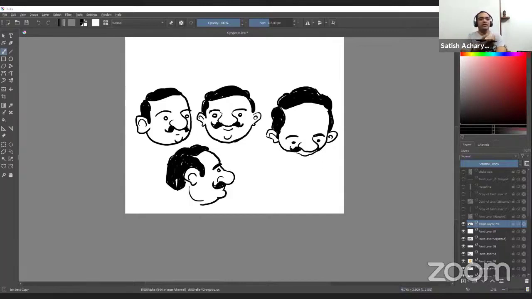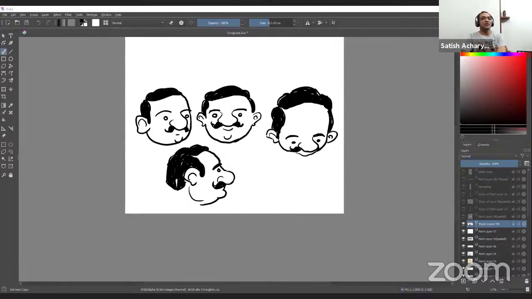Okay, another question is about your guidance for 10 to 12 year old kids pursuing cartooning. Please answer. See, cartooning is a great way to express your thoughts. It's not just about taking it up as a profession. You can continue cartooning as a serious hobby, even if you get into some other profession. So you don't have to pick between cartooning and any other profession. You can become a doctor and still be a cartoonist. You can become an engineer and still be a cartoonist. So cartooning can be a good hobby to express your views.